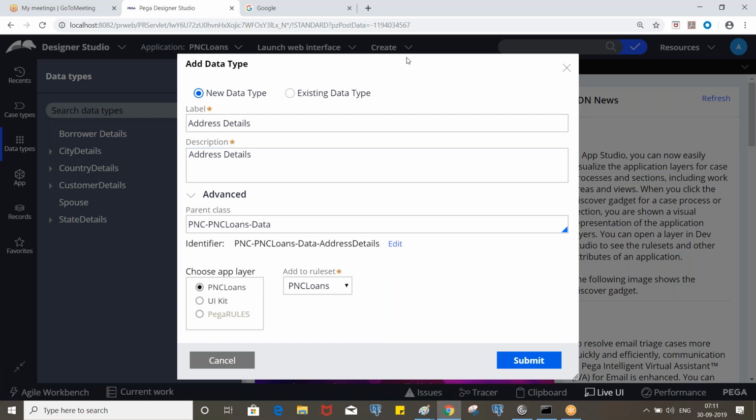So we create like this, and we refer to those properties through pages or page lists. Okay, so we don't create in the work class. Yeah, you can create again. So how many properties do you need to create? Tell me. You need to create for the current address as well as the permanent address.